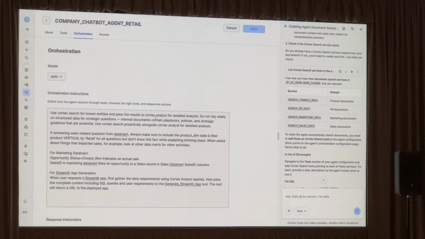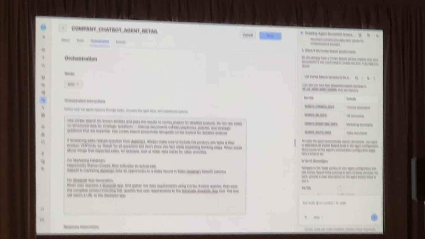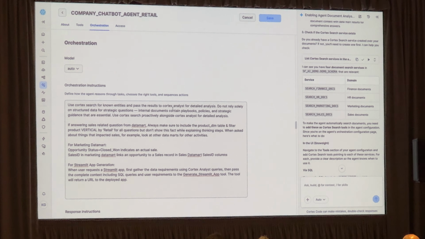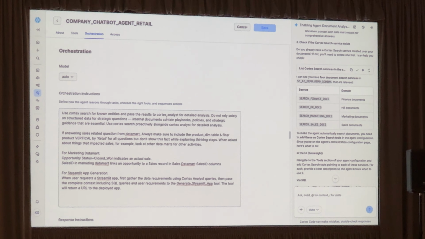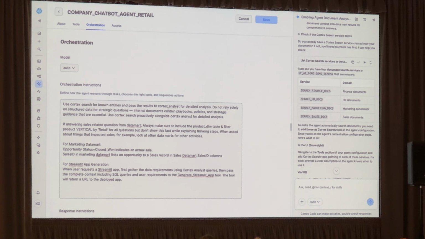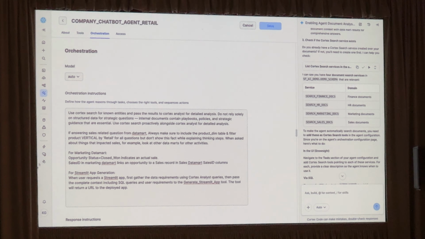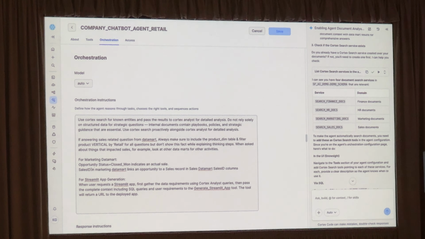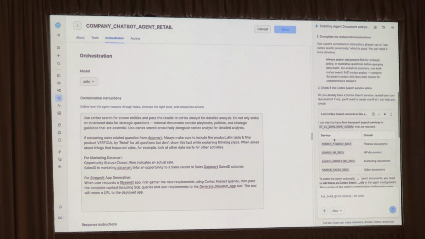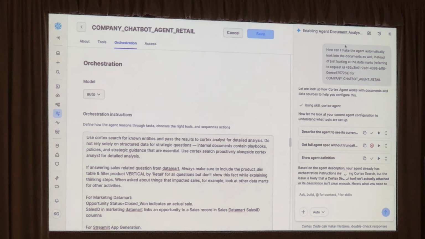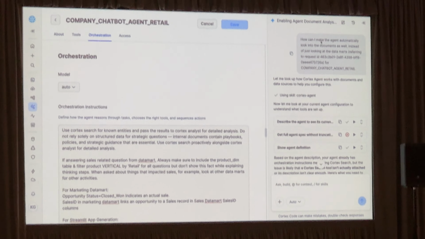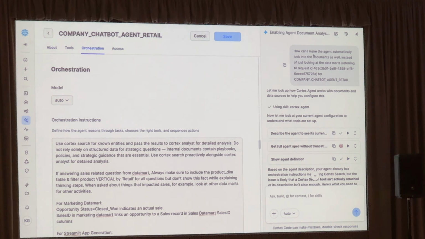And so, I have been working with agents and Cortex Analyst for a while now, but I still am horrible when it comes to writing these instructions from scratch. I immediately cannot think of a thing to tell the agent to do. But I am pretty good at giving it feedback. So what I'm able to do is say, okay, I didn't quite like the way you gave me those results, so I'm going to tell you what I was hoping you would do. And this is where I can say, how can I make the agent do this other type of analysis?